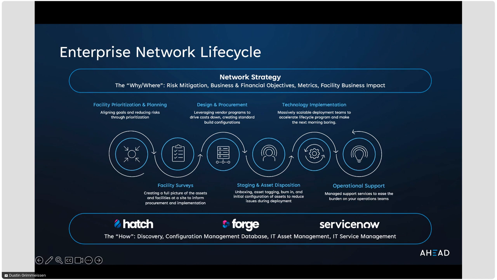Now, most of what I'm showing here and most of what the demo that you're going to see is network related. But if you zoom out a little bit from networking, this lifecycle management philosophy and principle could apply to almost any of the major transformation solutions that we're trying to offer. It just so happens that networking tends to be one of the largest, most complex that our clients are struggling with a lot.